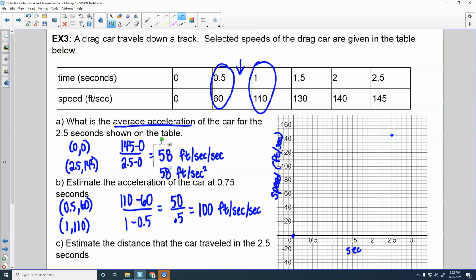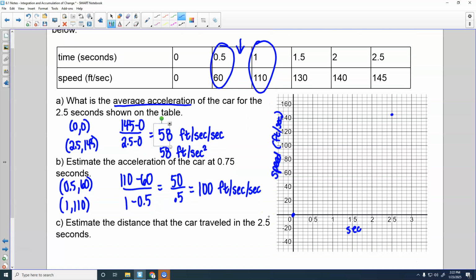Okay. Now A and B are both problems we've already done. They're talking about slopes of graphs that were given. This is stuff that I could give you on a test, stuff we've already had. C is different. C is asking for the distance the car has traveled, right? So if C wants to know the distance the car traveled in the 2.5 seconds, now we're thinking about the area underneath this curve. But this is a different situation because